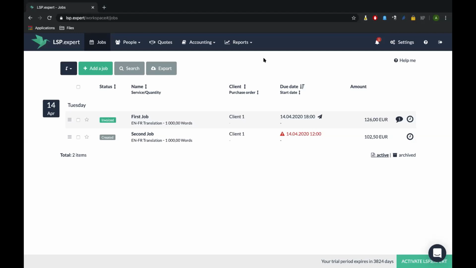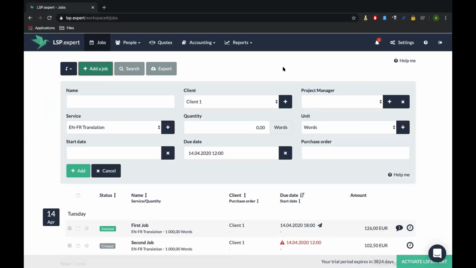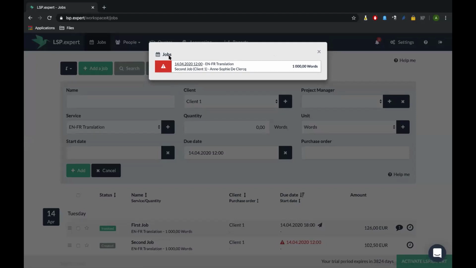Okay, so about time tracking, I'm going to create a new job just to show you how it works. Just before I do that, you can see that I have an alert here, which just says that I'm late in that job. In this part of the software, you will see every job you were late on, but also every quote you're still waiting for an approval, and every invoice that is in late payment.